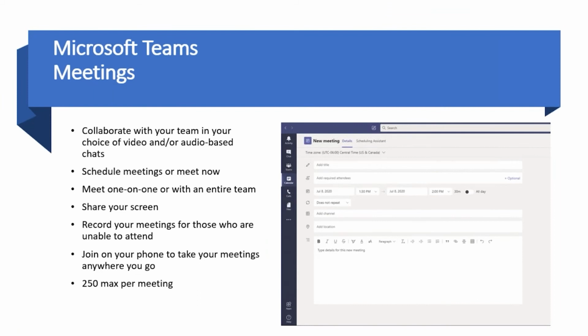Yep. Nice. So one of my favorite features of Microsoft Teams is the ability to use meetings. In meetings, you can choose whether or not you want to do video and/or audio-based communication. You can schedule these meetings for a specific time. They can be recurring, or you can just meet now if something is urgent. These can be one-on-one meetings, with a few people, or with your entire team, up to a maximum of 250